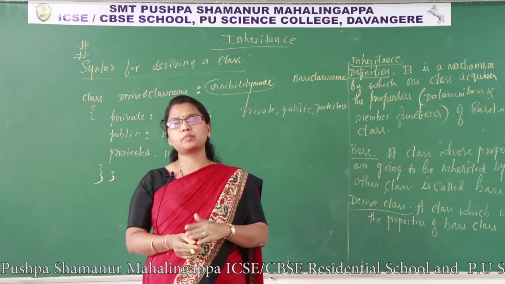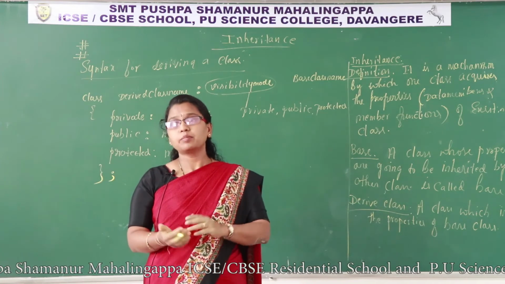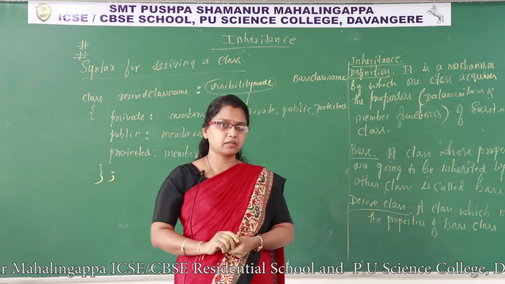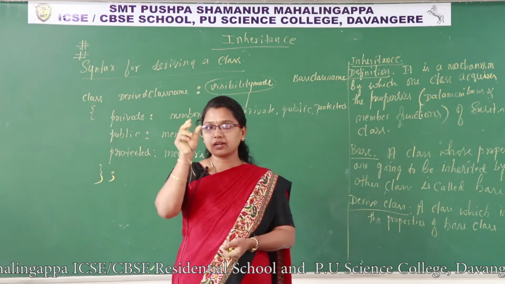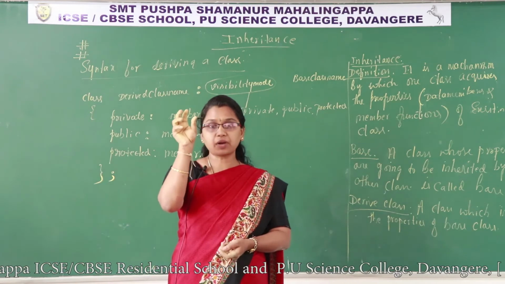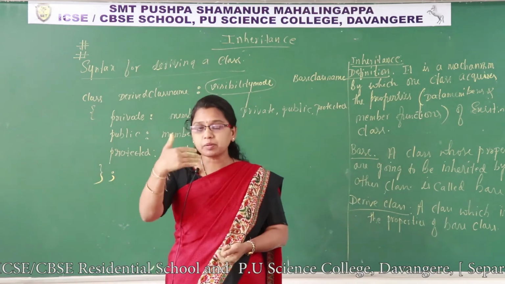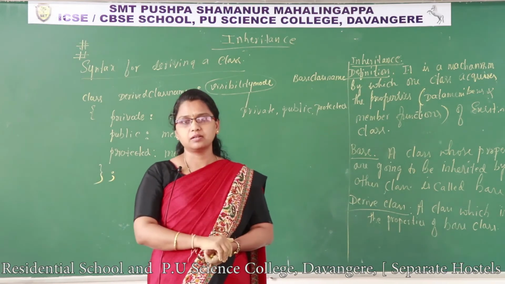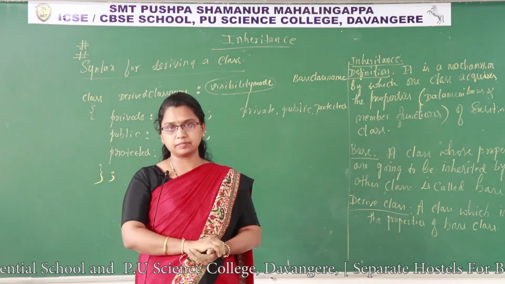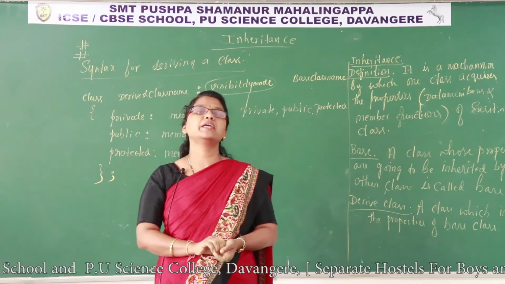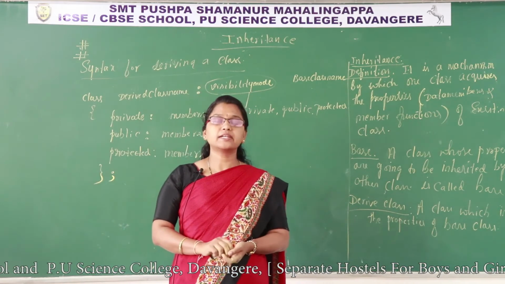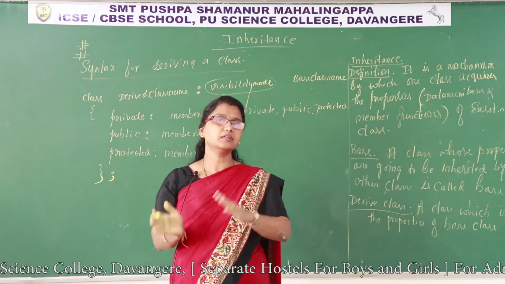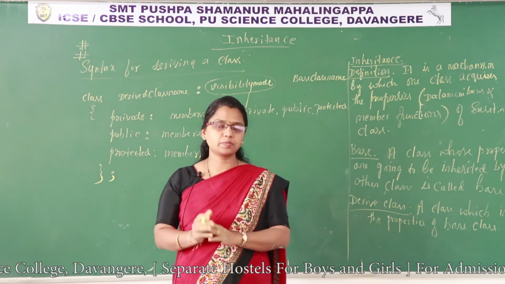Inheritance means acquiring the properties of one class into another class. Private members cannot be inherited. We learnt this line with this statement. What does it mean? If a class has a private data member, that member does not go to another class. That is the meaning. Private members cannot be inherited. Protected members can be inherited. Understood? That is the main difference between private and protected members.